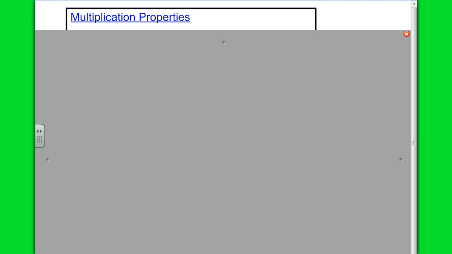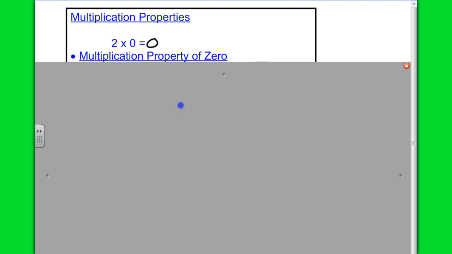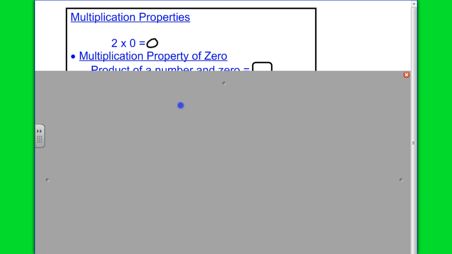because these expressions look very straightforward and simple, but there's a lot of number sense behind them, okay? Multiplication properties are like our addition properties. What happens when I multiply any number by 0? 0. I get 0. So 2 times 0 is 0. This is called the multiplication property of 0. Pretty straightforward. It tells us that whenever we multiply a number by 0, the product is 0, like